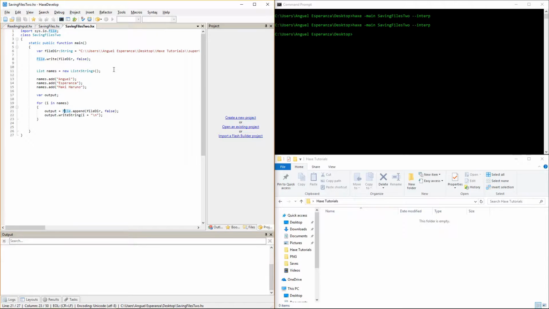So we have output equals file.append, file dir, and then false. You have output.write string I, which is going to equal Anguel, then Esperanza, then Maki Haruno as it iterates through the list, and then the \n inside the quotation marks just adds it to a new line. Now the reason why we needed output before is because you can't just do